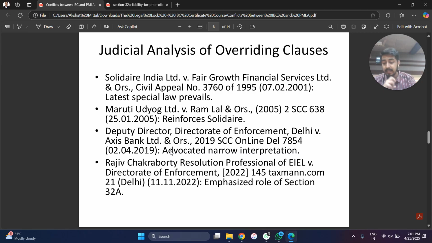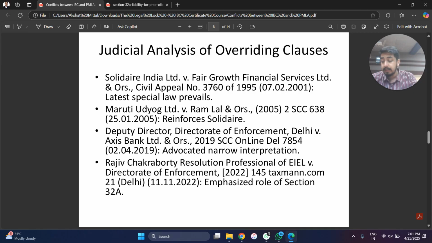The judgment of the Delhi High Court in this case was not very clear about which statute should take precedence over which statute. The Delhi High Court has also observed that a narrow interpretation has to be given to the overriding clauses of these two legislations when they are in conflict with each other, because the purpose of PMLA is quite distinct from the purpose of the IBC. So the Delhi High Court in this particular case gave a very narrow interpretation of the overriding